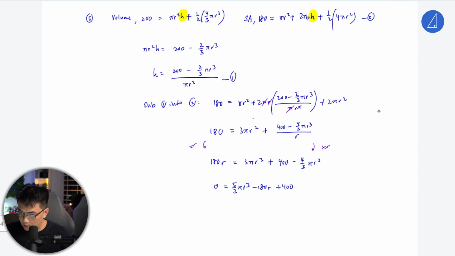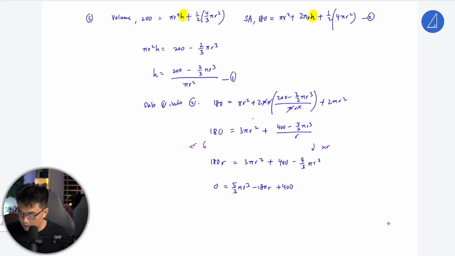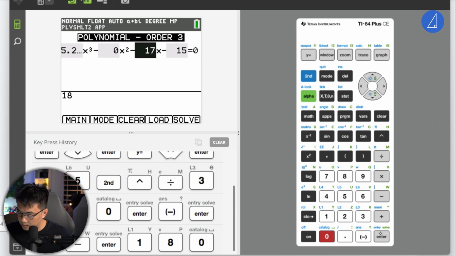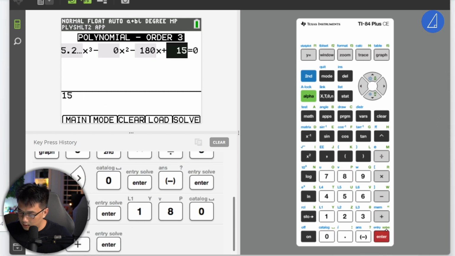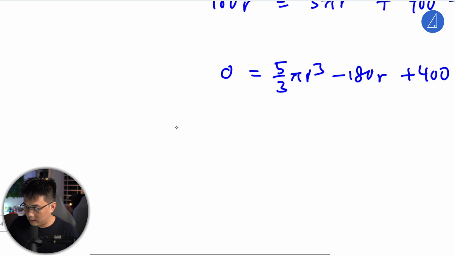Then the second one will be 0. Then negative 180 and plus 400. Then we'll solve it. We'll get from the GC